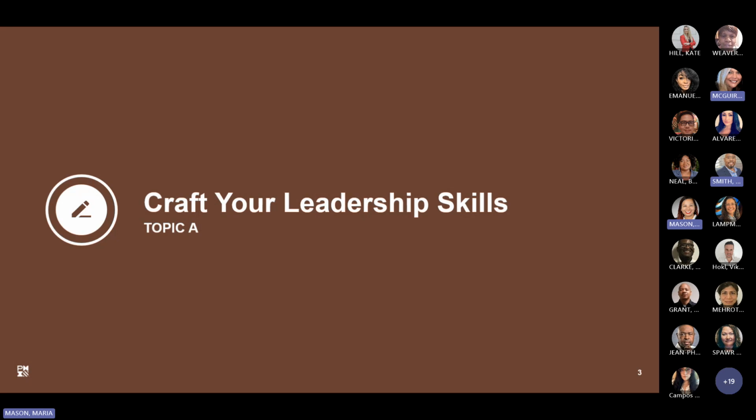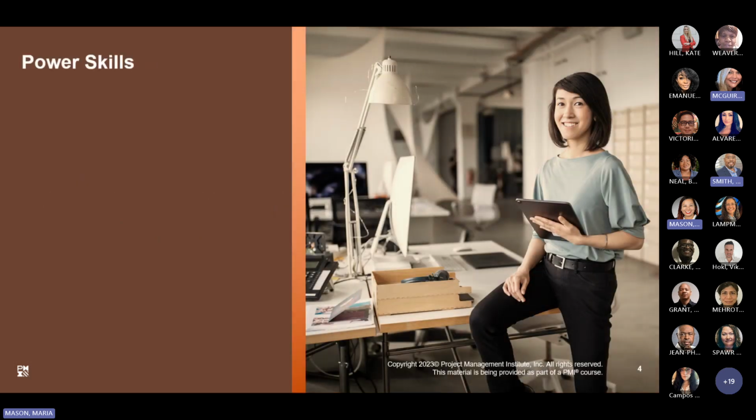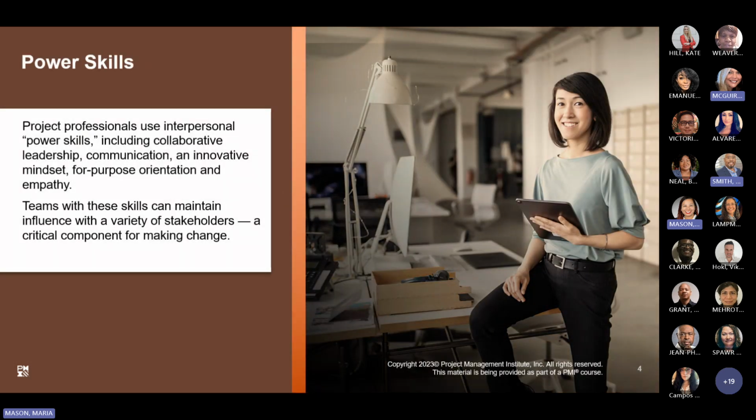And it's the power skills side of the PMI talent triangle. And so when you think about the triangle, power skills are going to be more like those soft skills. And they're the things that you don't necessarily think about when you're practicing for a test or studying or even thinking about a project that you're going to lead. A lot of times we rely really heavy on the project piece and the how to go about that. But the soft skills, of course, are the things that are able to get us over the finish line.